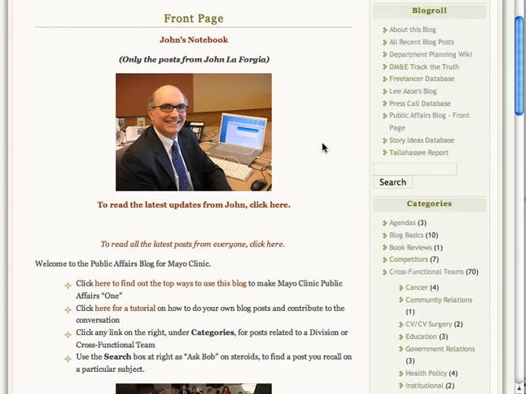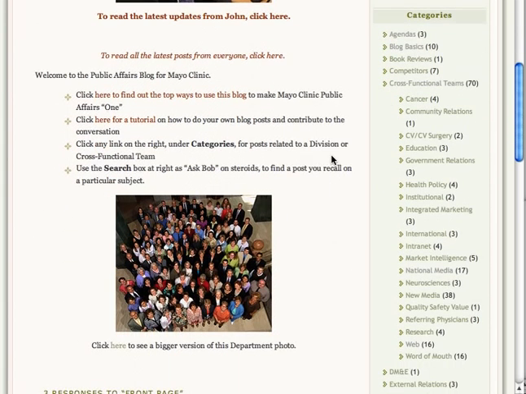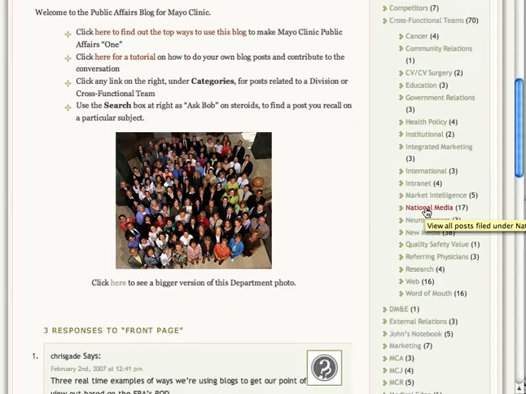The Public Affairs blog is really a blog of blogs, as you can see from the navigation. As you go down in the categories, you see we have these various categories, but among those are the cross-functional teams. So you can click on this link to see all of the cross-functional team work, or for instance, if you want to see what's going on with the national media